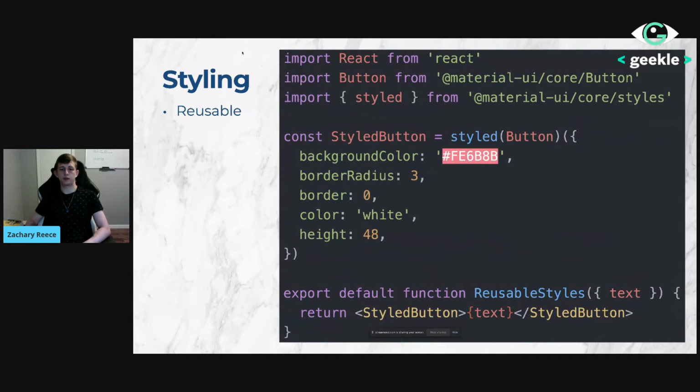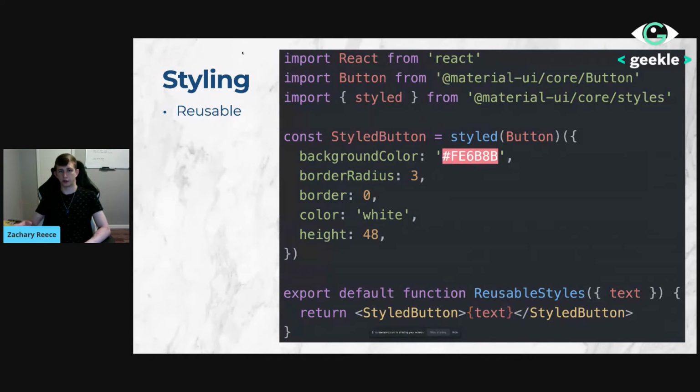Now, sometimes you'll want to reuse your components throughout your application with the same style. So for example, like a button, that we want a certain styled button that we're going to use multiple times throughout the application. Now, we of course don't want to just copy those styles over and over. So what we'd really like to do is create a new copy of that component, which automatically has our desired styles applied. So in this case, we create a const of styled button equal to,